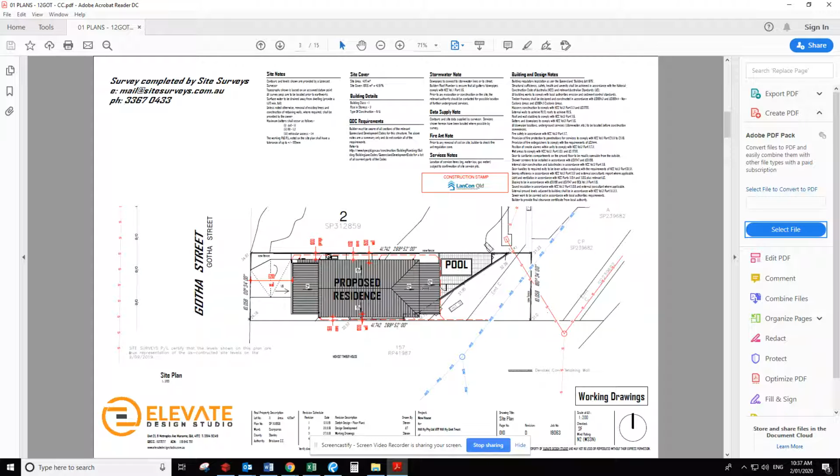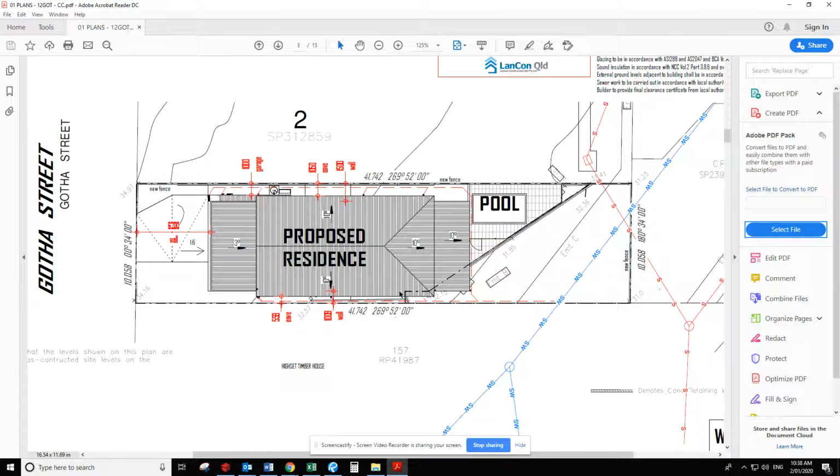Also noted from the surveyor is things like this stormwater line that's running through the back here that requires an easement. You've got a sewer line coming through here. It also provides lengths of the building. So it's 41 metres along there and 10 metres along the back. And it highlights important details for us in terms of